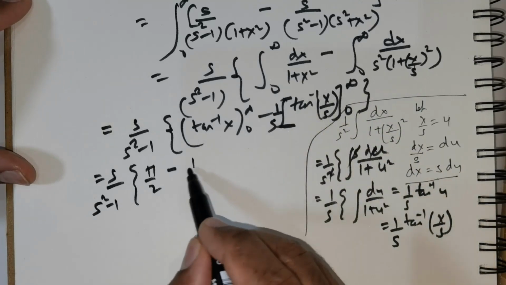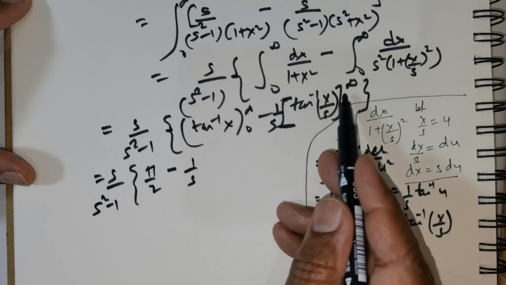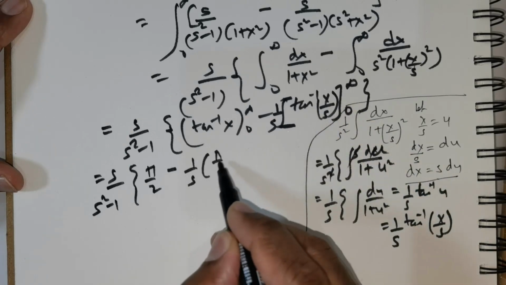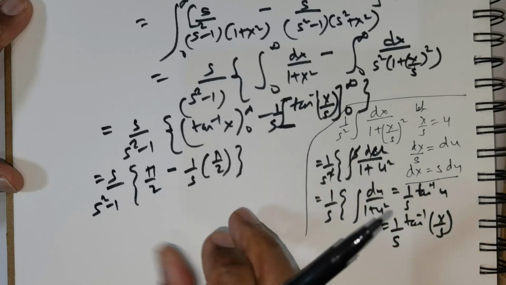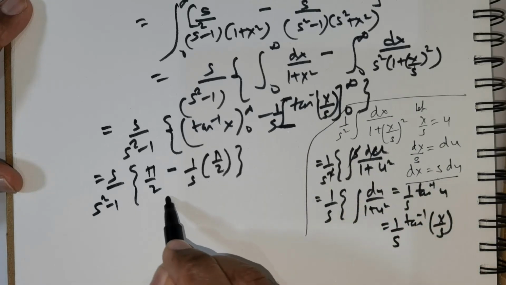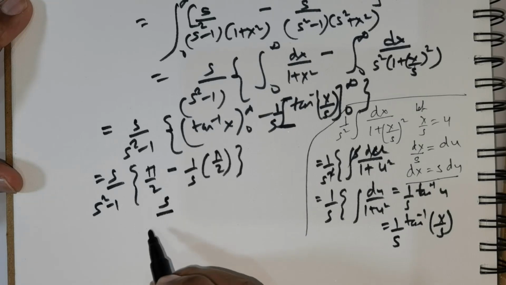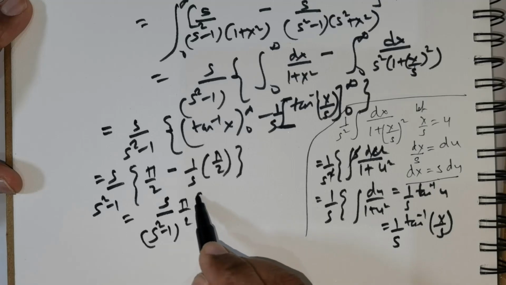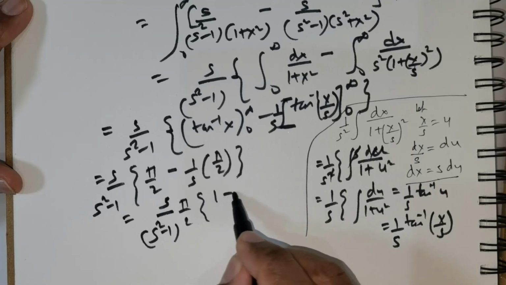But for this it is 1 over s. You substitute the upper limit, tan inverse of infinity, that is going to give me pi over 2. The lower limit will lead me to 0. So this is what we've got. So what I wish to do is I can take pi over 2 out. So this is going to be s over s squared minus 1, pi over 2, and 1 minus 1 over